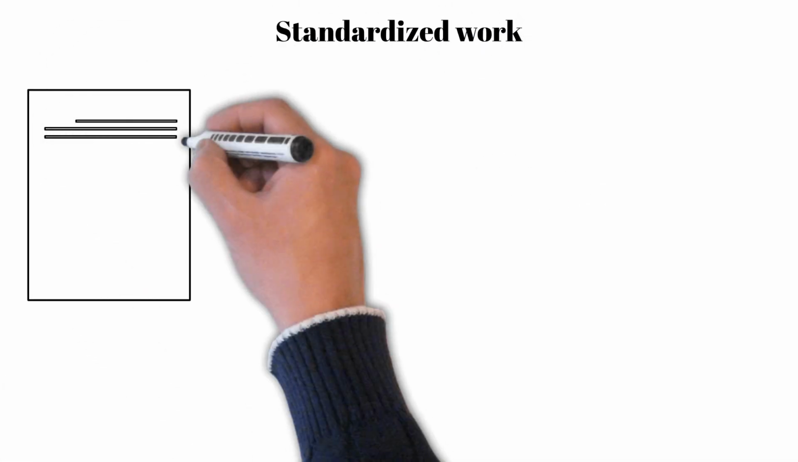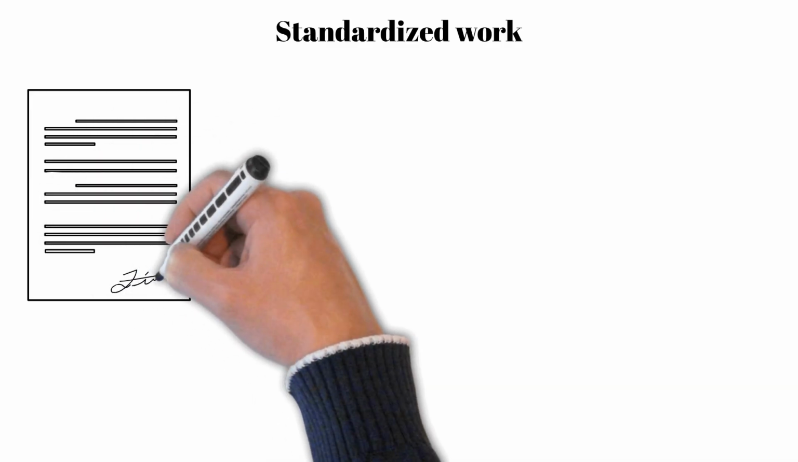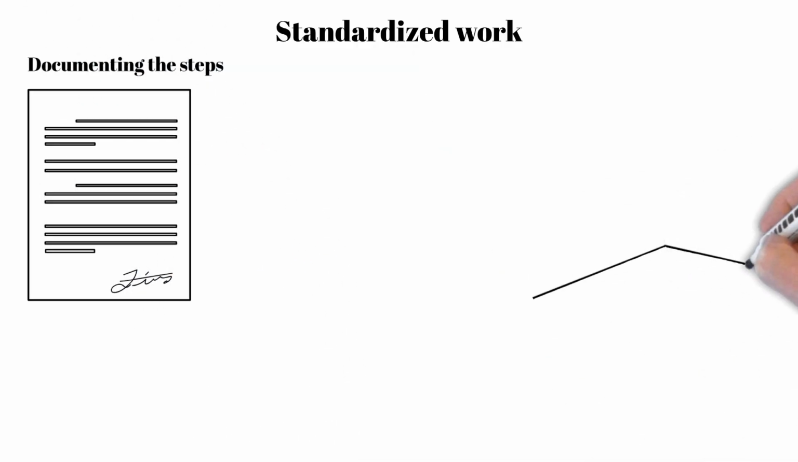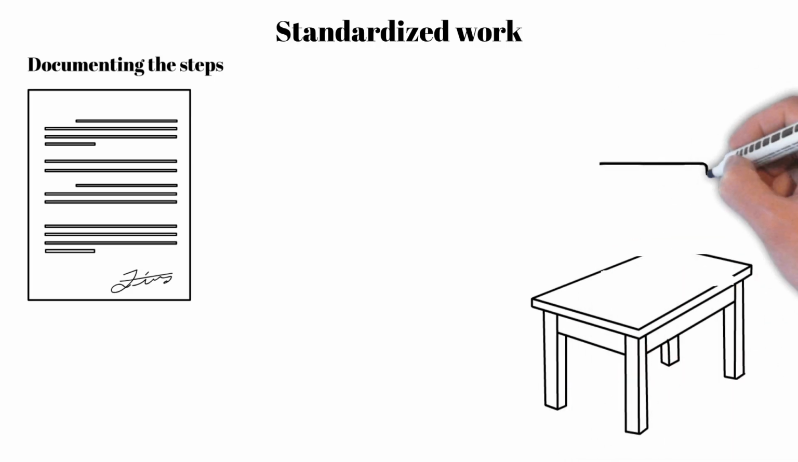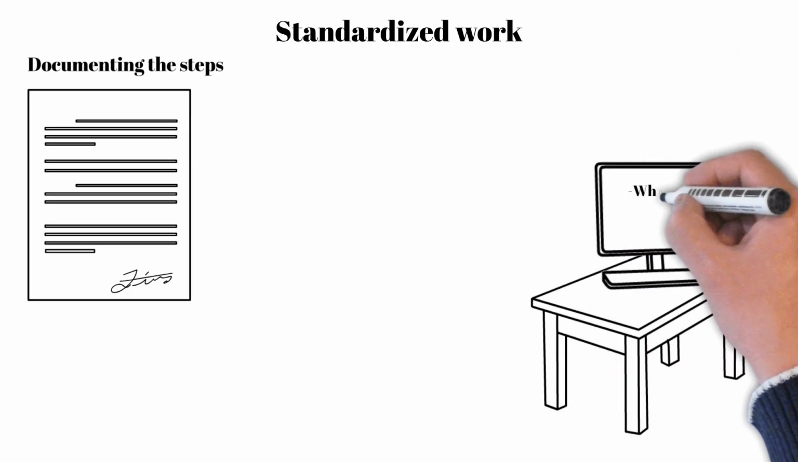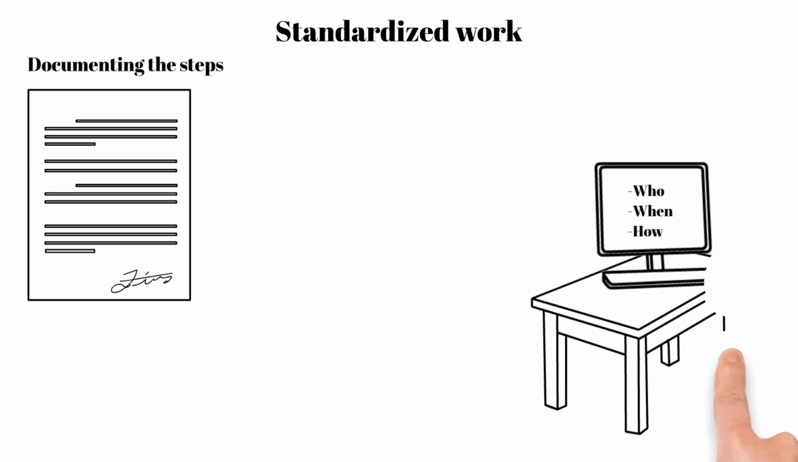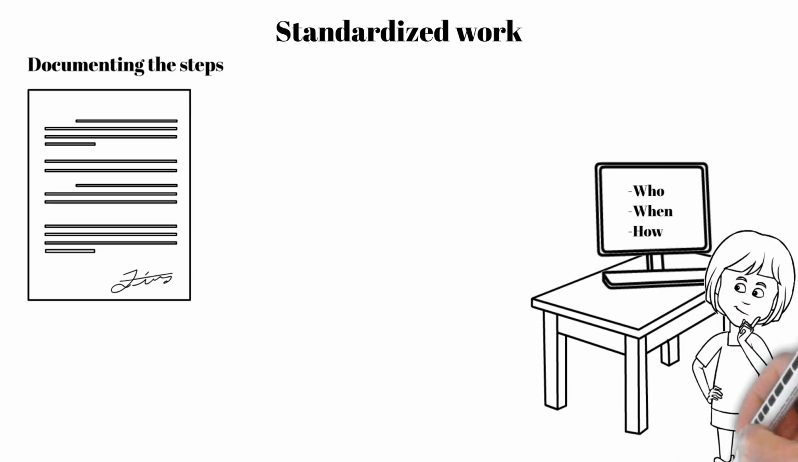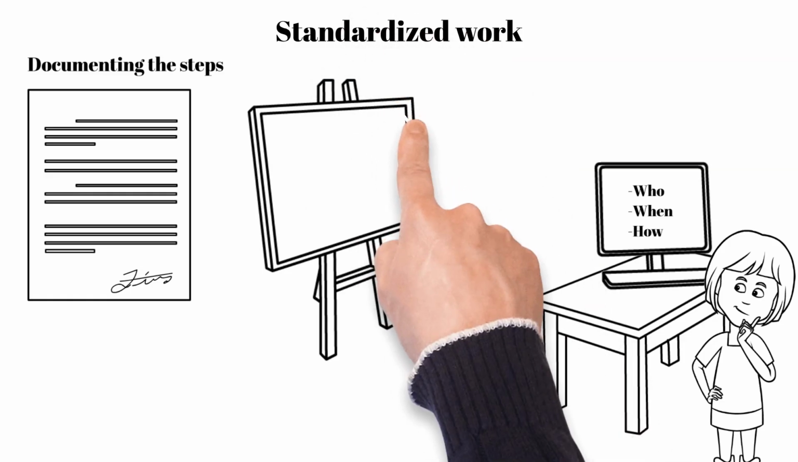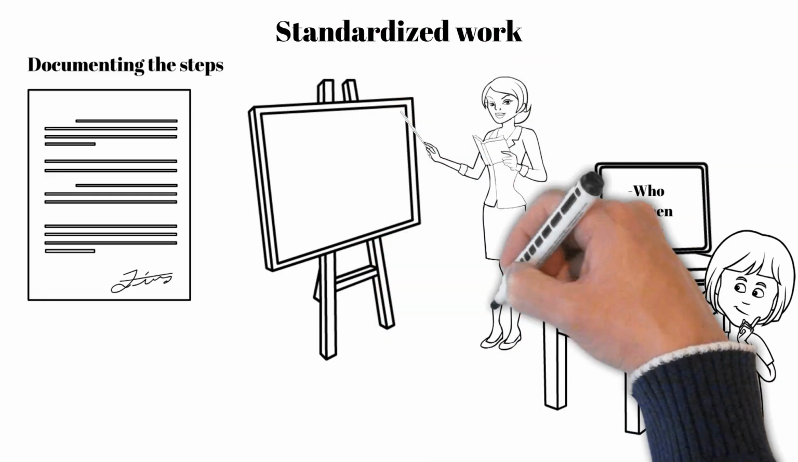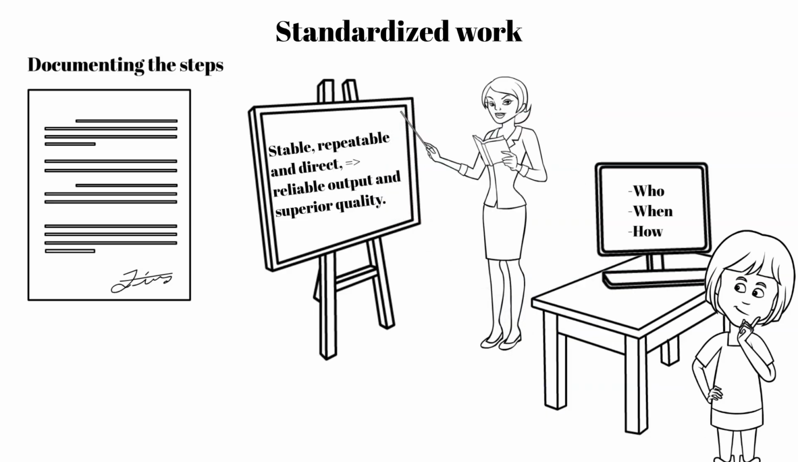Standardized work is the name given in lean manufacturing for documenting the steps of a job task and the sequence in which those should be taken. You can think of standardized work as defining who does the task, when they do it, and how they do it. The standardized work is an unambiguous set of steps that are stable, repeatable, and direct, that help achieve reliable output and